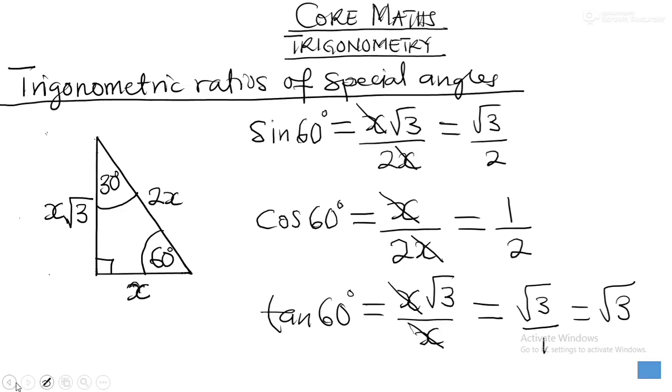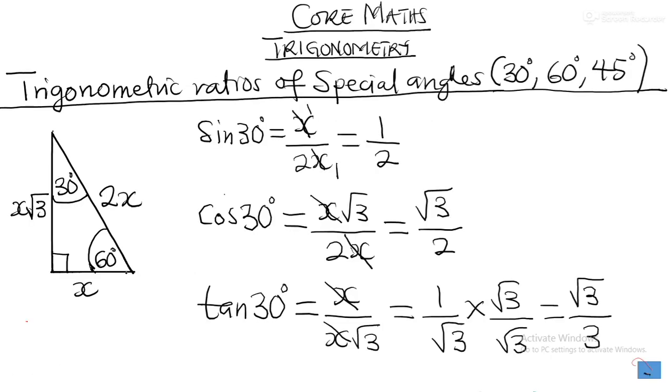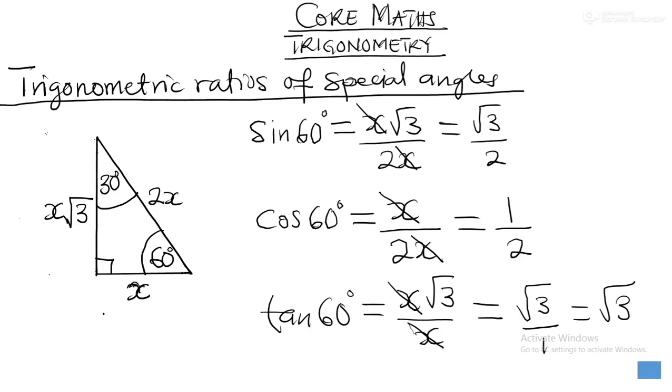Now we'll look at something. You see, the sine 30 degrees, we got half. Okay, good. So sine 30 is half. Now, what is cos 60? You see that cos 60 is also half. So what do you remember about this relation? We got sine 30 to be half, cos 60 also half. Why do you think they are having the same value? It's because the 30 and the 60 are